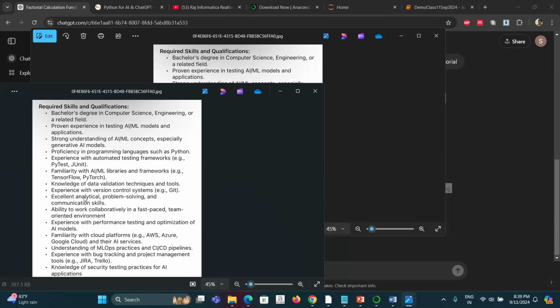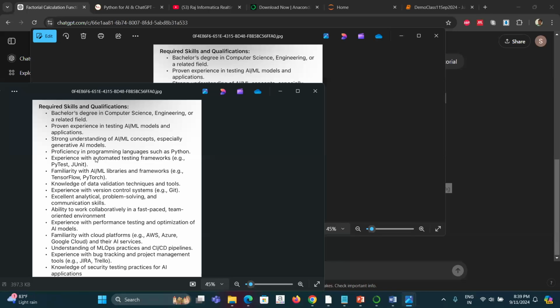Excellent. This is a skill that you must develop over a period of time. Working collaboratively, and all these below skills are very specific skills that you must acquire over a period of time, in a fast-paced, team-oriented environment.